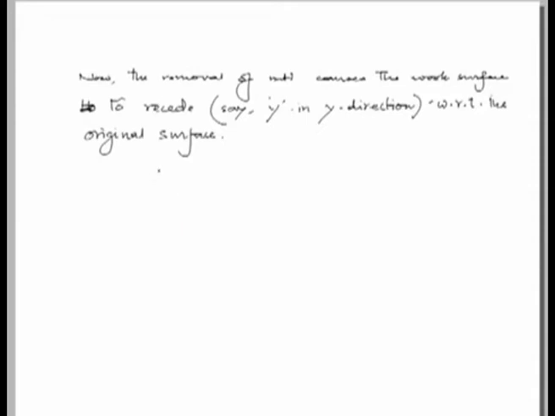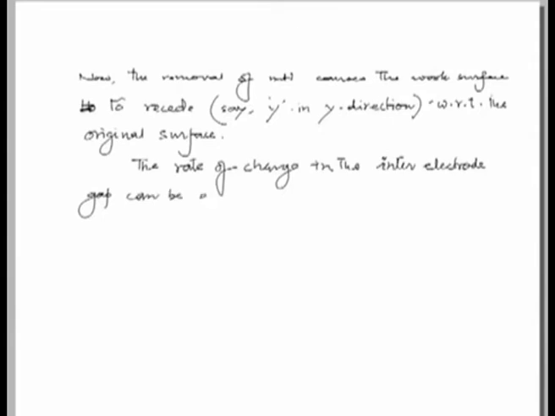Then this also means the changes in the gap y between the electrodes as shown in the figure, and therefore this rate of change in y with respect to time, the rate of change in the inter electrode gap, can be expressed